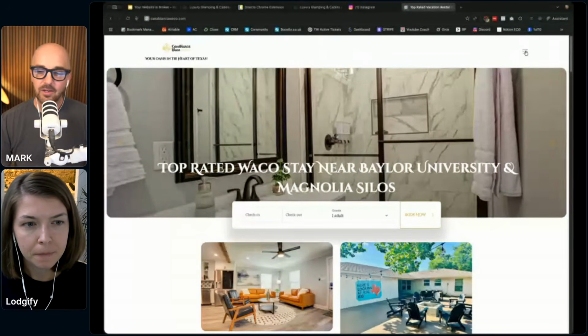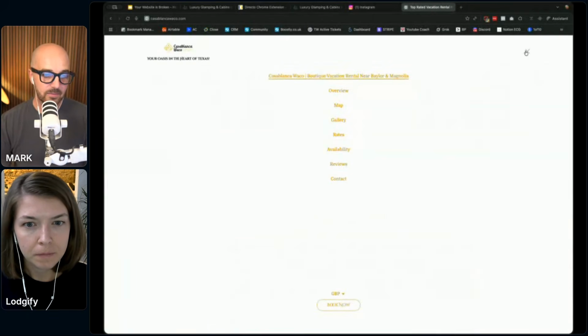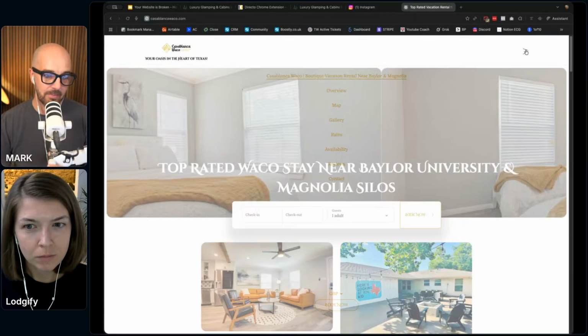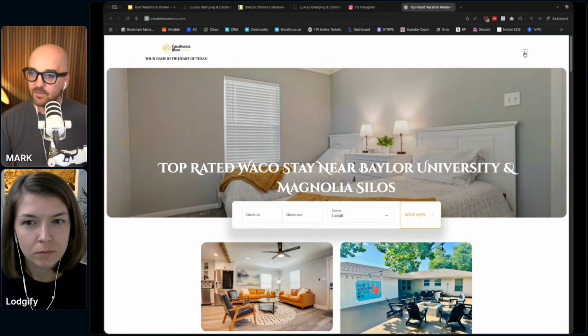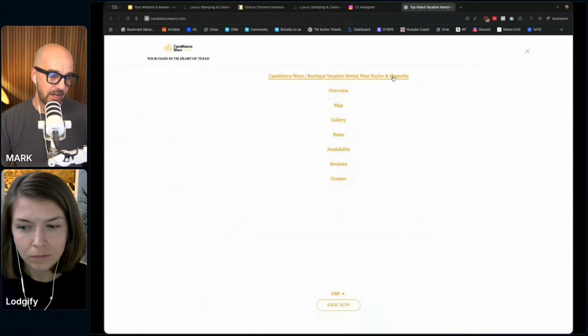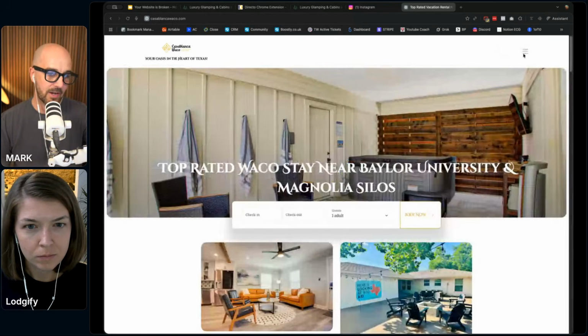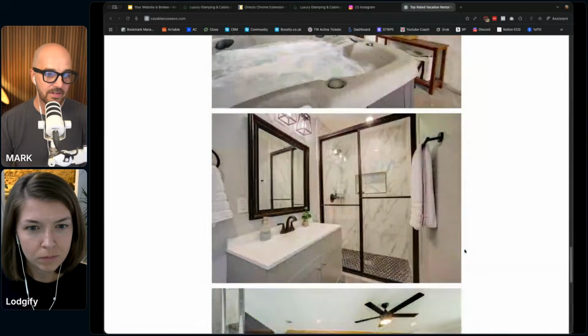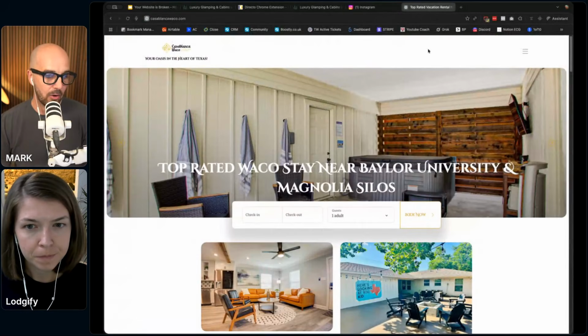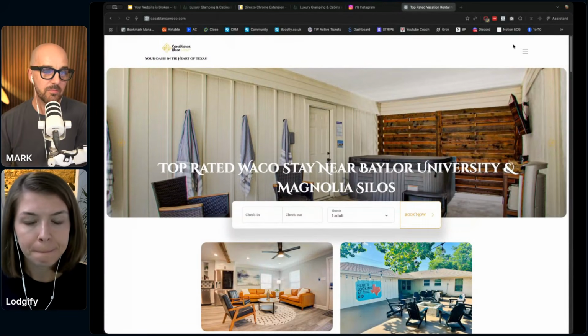I can see what you're trying to do with this. You're trying to be a little bit clever and put all of these things in here because this is called the hamburger menu, but this is doing you more harm than good. So again, I can see what you're doing, but this doesn't go there. You want to have a book now button. If you can, and I think you can because this is a Lodgify site and we know we can do this, in this top bit here, have homes, experiences, services, book now.